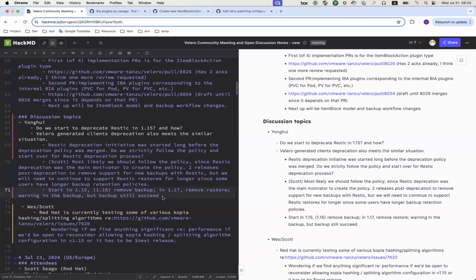Yeah. So in 1.17, we remove the backup. Yes, sorry, we remove the backup. And then maybe in 1.19, we remove the restore. Right, that sounds reasonable to me. I can't remember whether the deprecation policy is explicit about that kind of thing, but 1.19